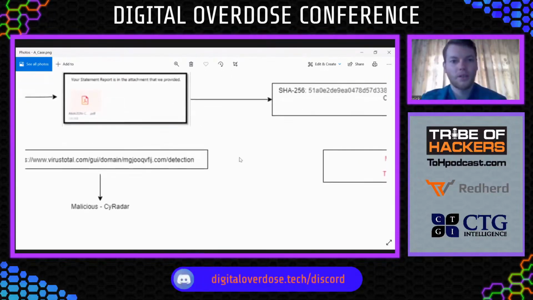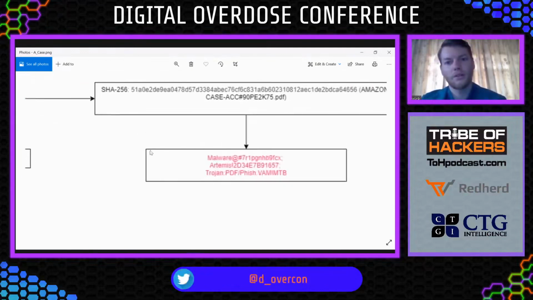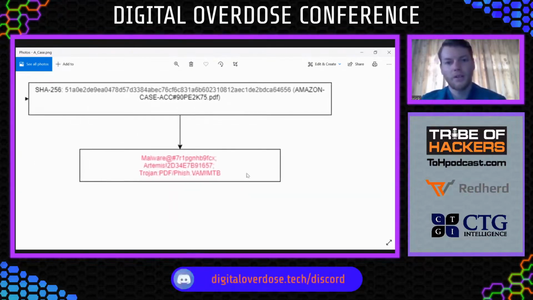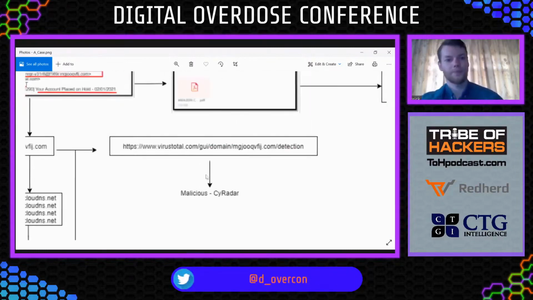One engine detected it. Then I'm going into my virtual machine. I'm creating a sandbox environment, and I'm going to upload this file. I'm going to see the hash of the file in VirusTotal, for example. And I'm also seeing that it contains malware, a Trojan, a phish, and so on.